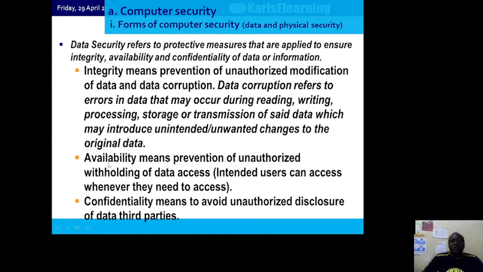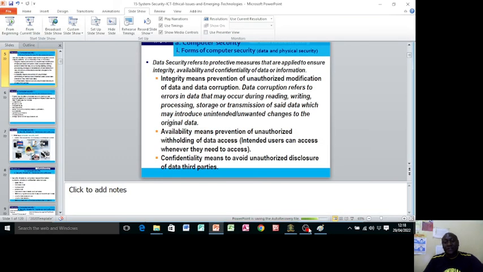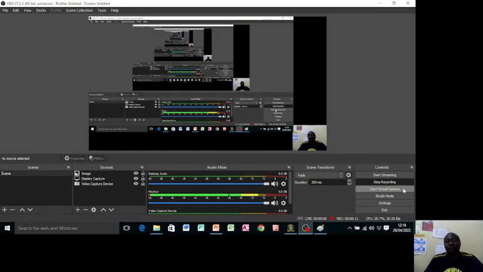When we talk about availability, this one means prevention of unauthorized withholding of data access. Intended users can access whenever they need to access. Lastly, confidentiality. This one means to avoid unauthorized disclosure of the third party. Which one is the third party? Okay. The third party is